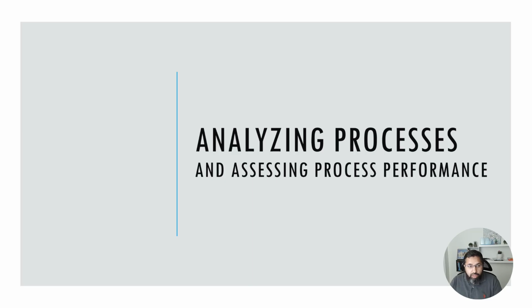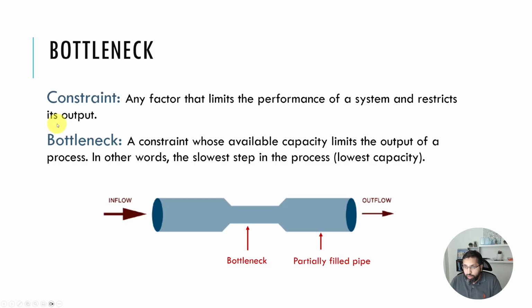Okay, let's talk about analyzing process performance. A key idea that we need to understand when we want to look at any process is the idea of a bottleneck. A bottleneck is a special type of constraint. A constraint is any factor that limits the performance of a system and restricts its output. Okay? So the bottleneck is the constraint which is affecting the system because it is stricter or narrower than any